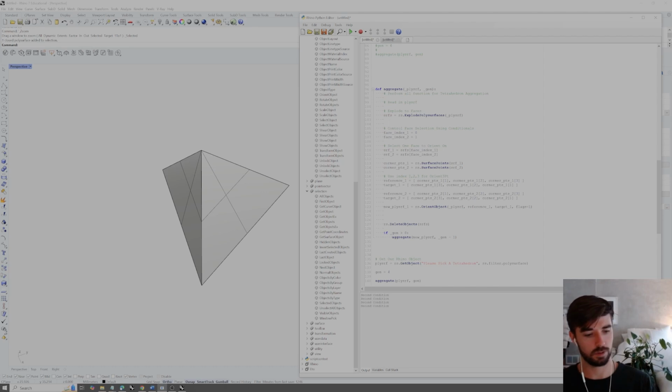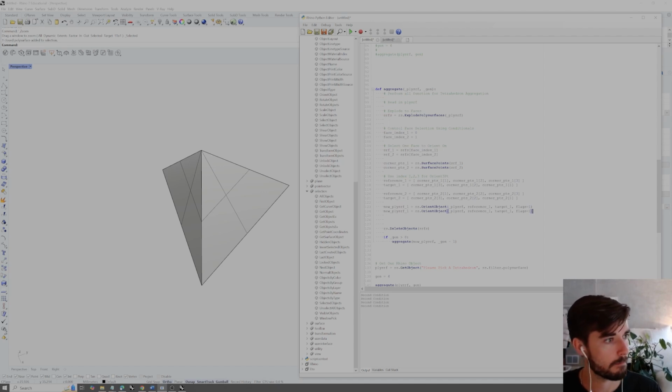So we now have basically 2 faces being selected. And then lastly, we can just orient twice. And we're going to call that new polysurf 2, reference 2, target 2. So now when we do this, we're going to be orienting 2 different objects. And now we have our new polysurface being fed into our recursive aggregation function. So if we actually have 2 instead of the 1, what we could do is take each of these 2,